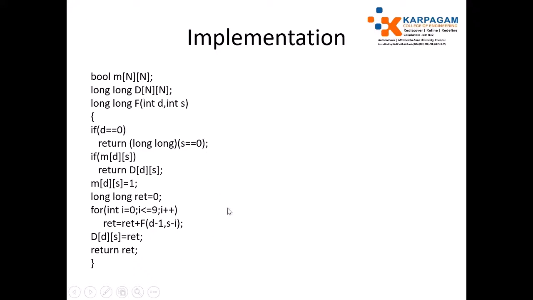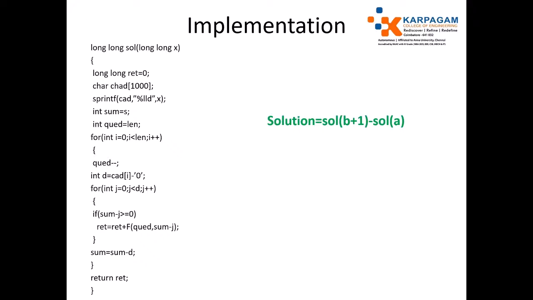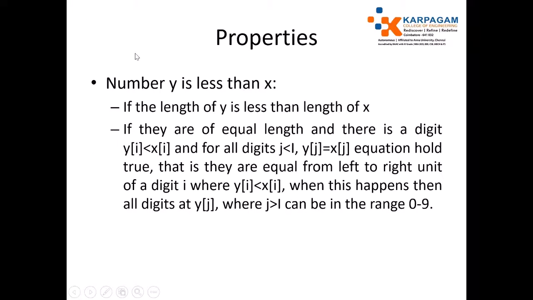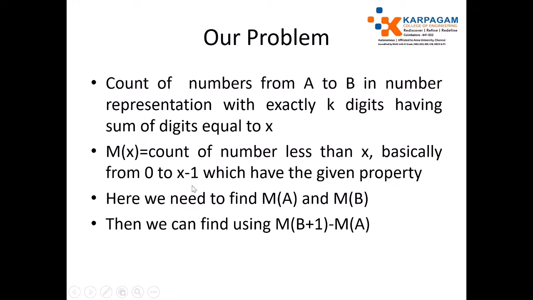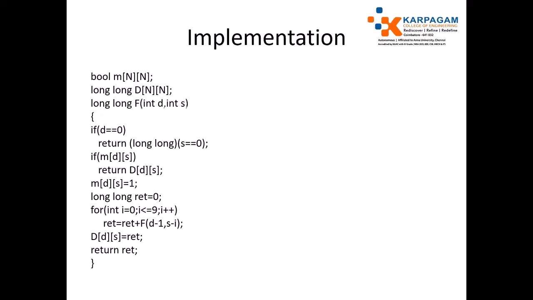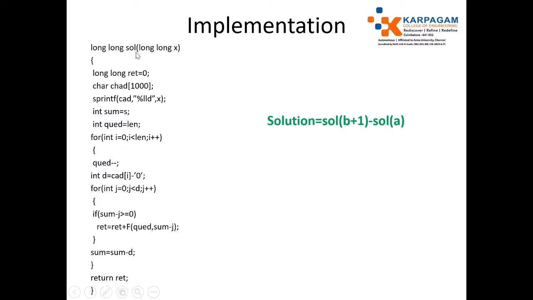This routine we have discussed already. Now we need to find m of x. That is the solution, already I told about this. For solving this problem, we need to find m of a and m of b. A and b are given by the user. After that, just find m of b plus 1, then m of a, and just subtract it. Here I have named it solution. It has one argument, that is m of x. Have the result value as 0.